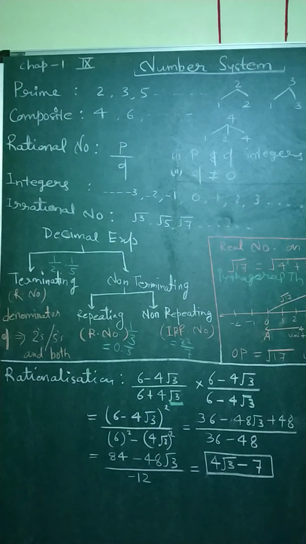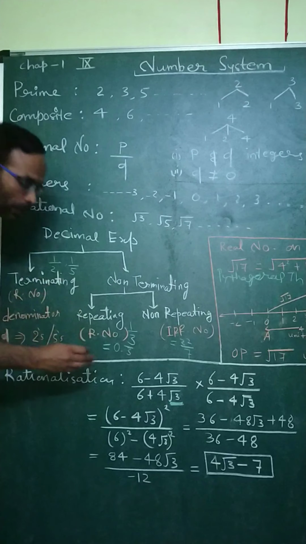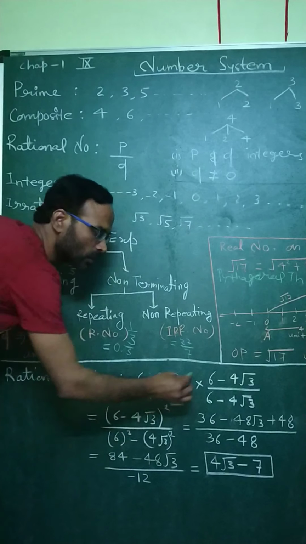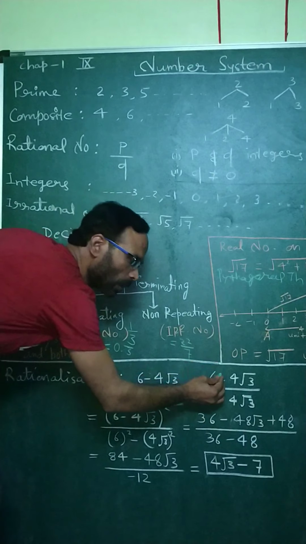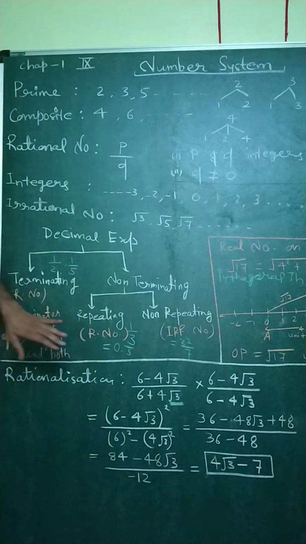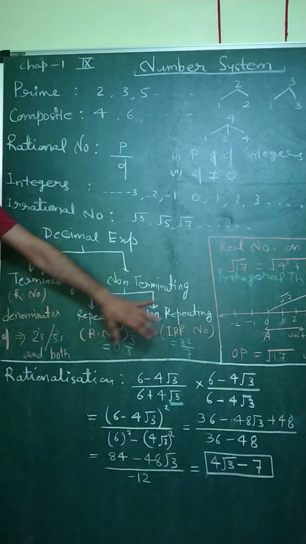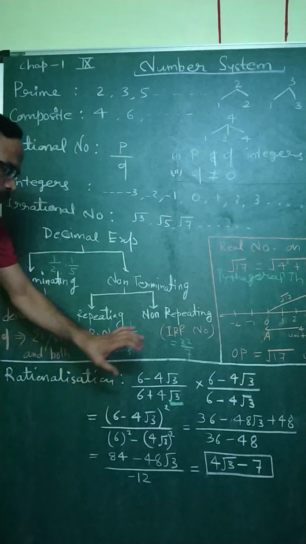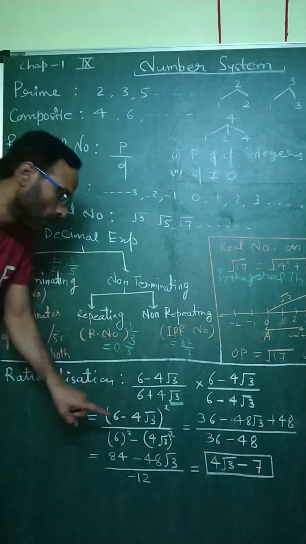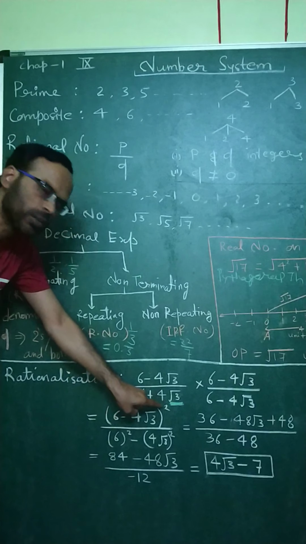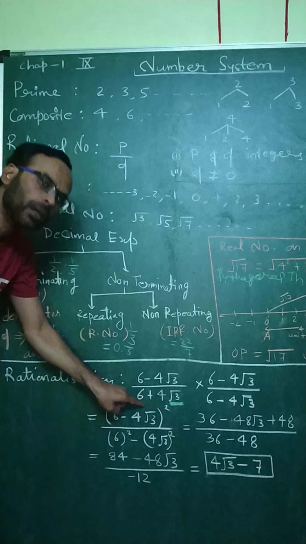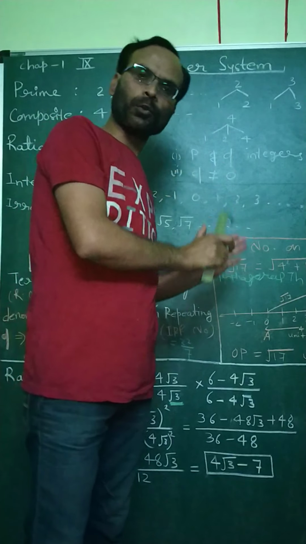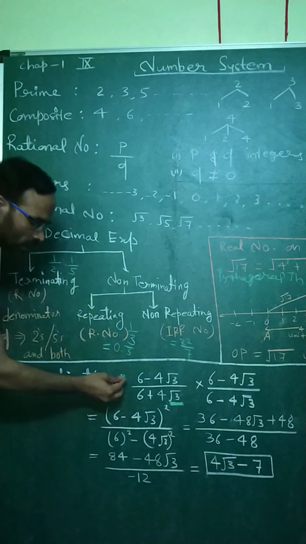In this process, what do we have to do? You have to change the sign of the denominator. Here it is plus, so you will convert it into minus and multiply in the numerator and denominator both. When you do this multiplication, you can use simple multiplication, binomial to binomial, or apart from that you can use an identity also. This is the (A minus B) whole square identity: A square minus 2AB plus B square. So this is the expansion.